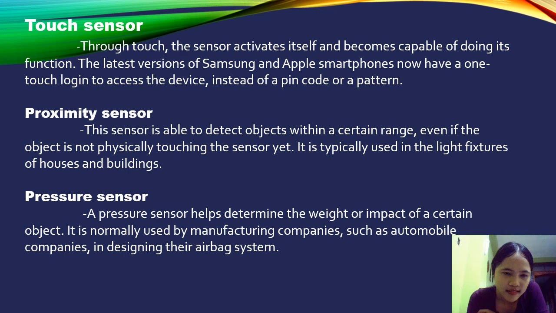The sixth is pressure sensor. A pressure sensor helps determine the weight or impact of a certain object. It is normally used by manufacturing companies such as automobile companies in designing their